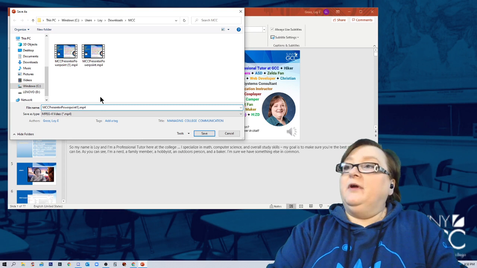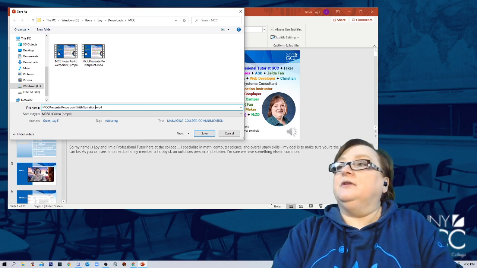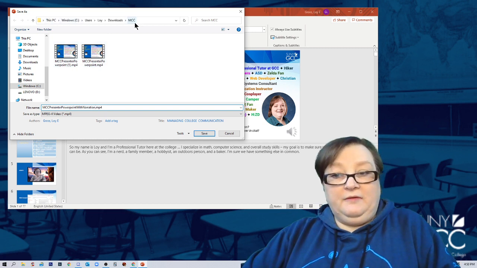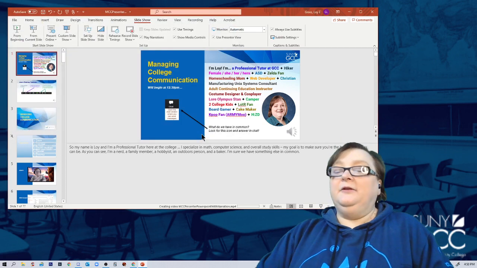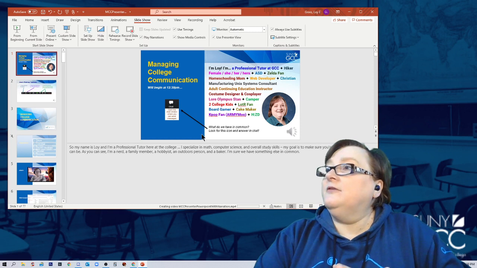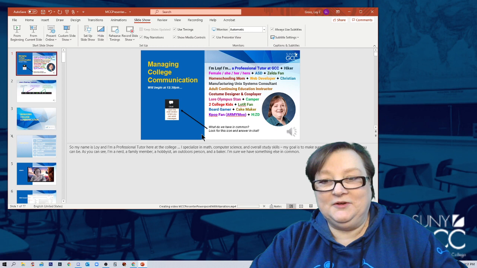And this is the point where I decide what to name my file and where it's going. Very important. Pay attention to where on your hard drive you're saving that file. Nobody else can tell you where it went but you. And you'll click on Save. Now, this particular slideshow has almost 100 slides in it, so it's going to take a little while to export. I'm not going to wait for it to do that.